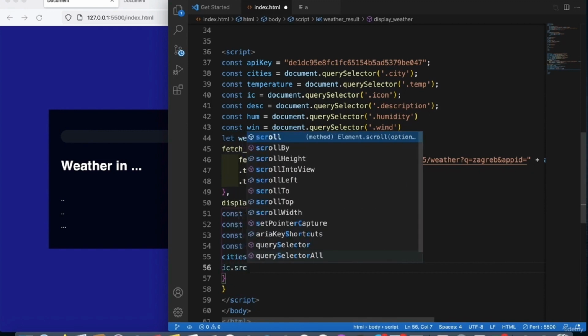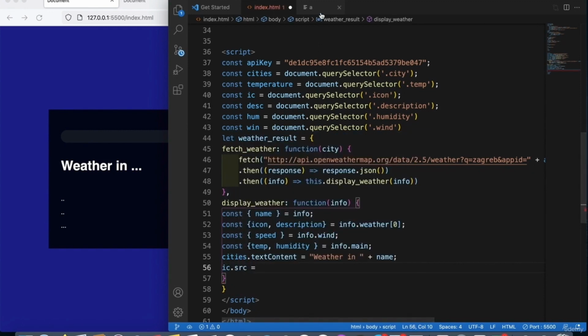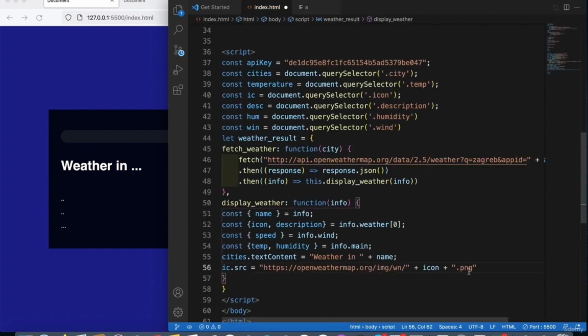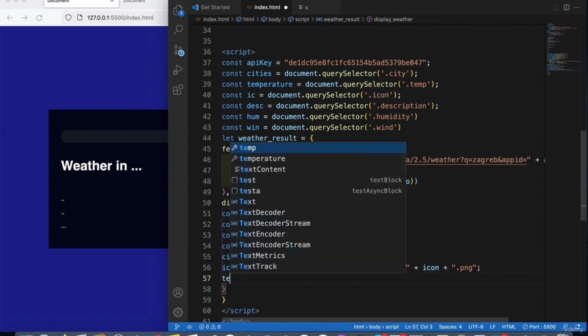ic.source. We will make it equal to this link. It's not available now on the website, so we can just get it from here. And this is the icon that we got. Where? Here. Okay, and then after this part we will make the temperature